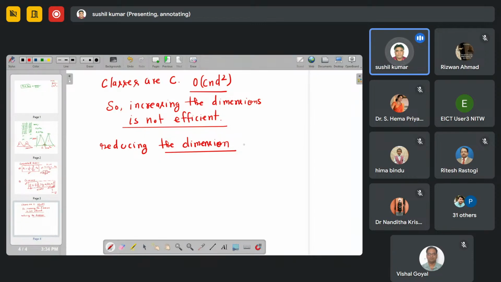Reducing the dimension means separability will be less. So you need to increase the dimension also. But at the same time, it should be efficient. And that is the issue we will discuss here today